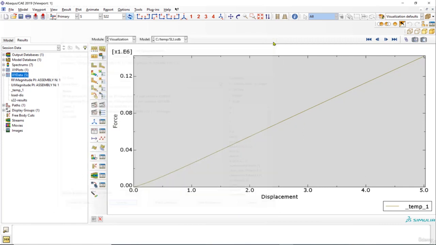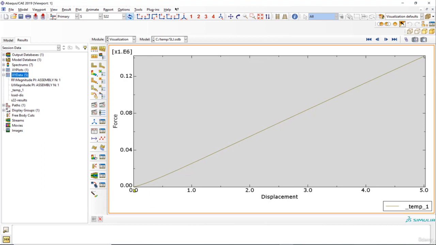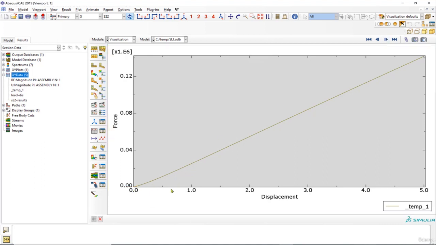So I will have one curve where the x comes from the displacement and y comes from force. And obviously this is linear because we don't have any sort of failure criteria in